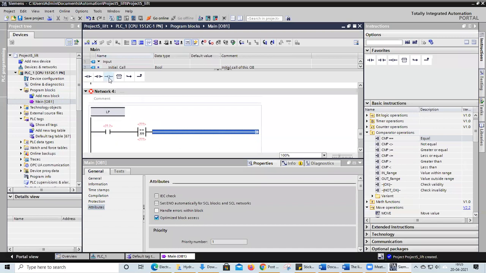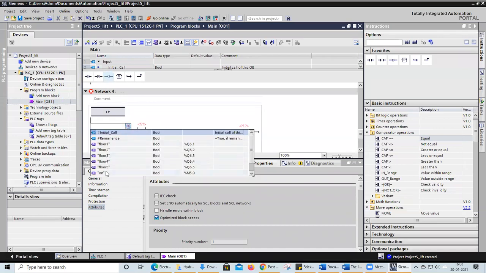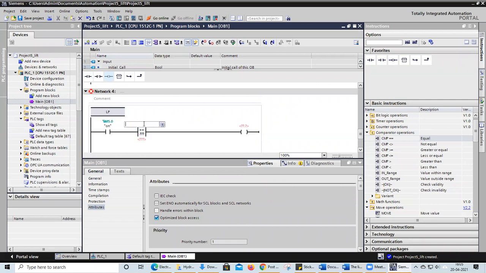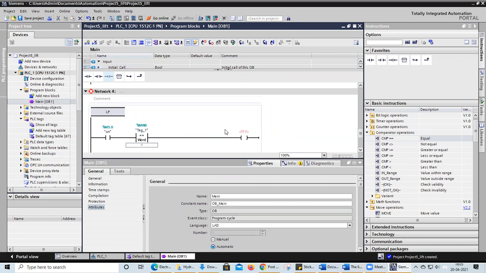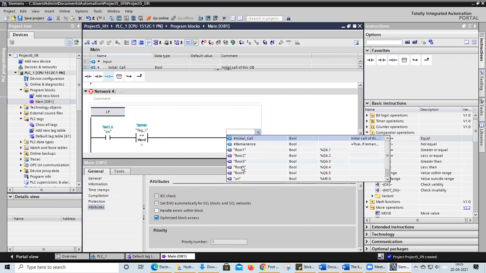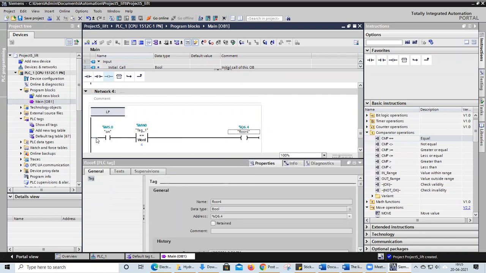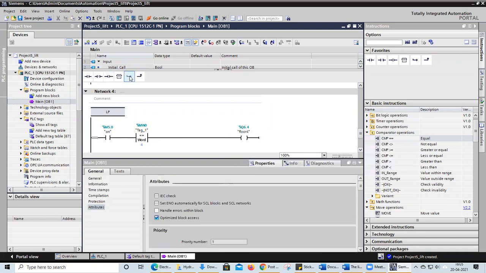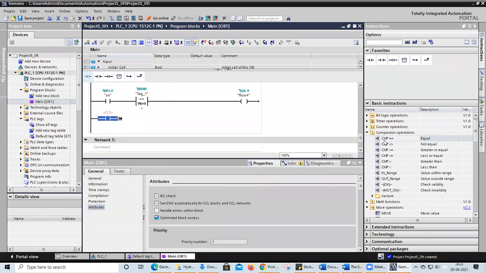And here I'm going to use the fourth floor and fifth floor. This is my on switch, and this is MW0, and this is my fourth floor. And comparator operator and floor.